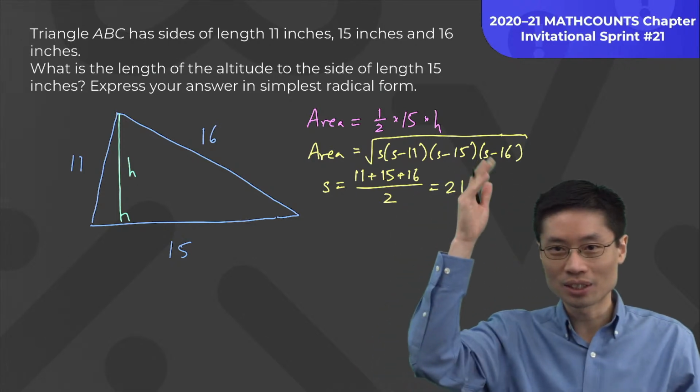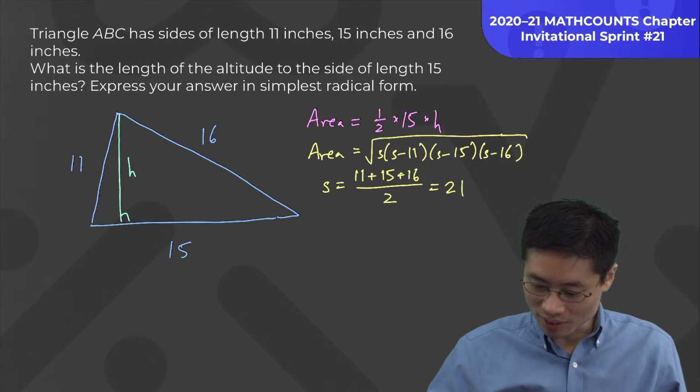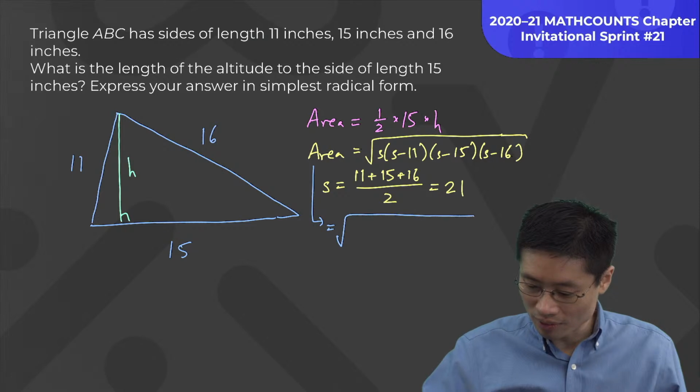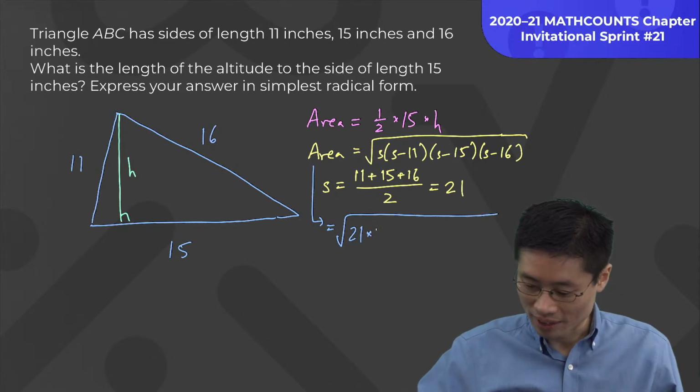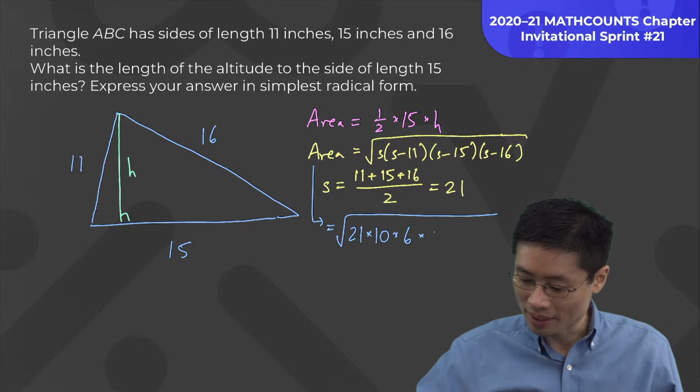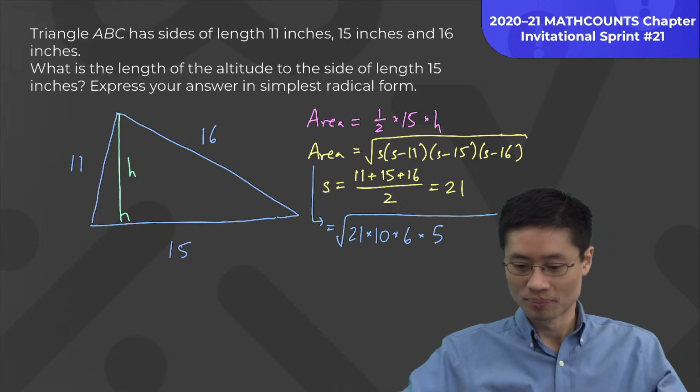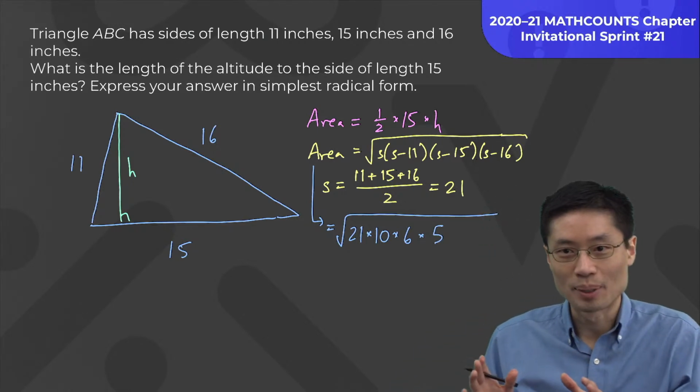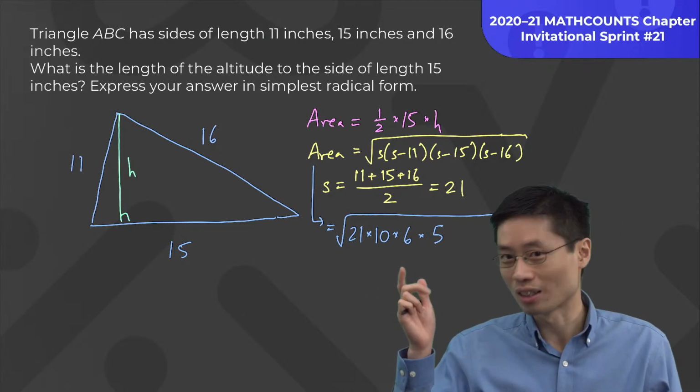Okay, now we just go ahead and fill all of this in. So if that's going to be the area, let's continue. That's equal to the square root of 21 times (21 minus 11 is 10) times (21 minus 15 is 6) times (21 minus 16 is 5). This is making me quite happy because when I look at this, I see that a lot of common factors